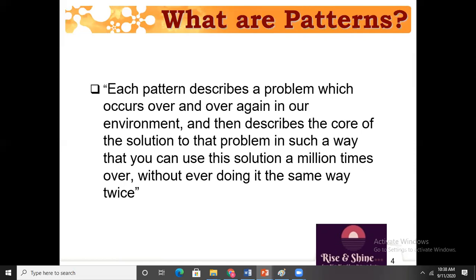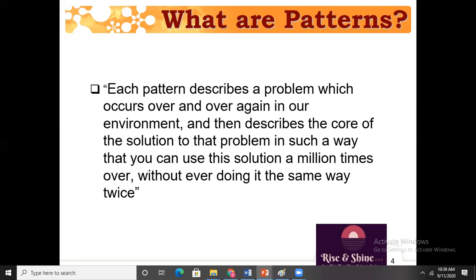So design pattern or just a pattern is nothing but problem, solution, and context. So many times you also ask the question to your teachers, sir, what is the question paper pattern for this exam? So pattern means the things which are occurring again and again. And the teacher will give you the solution. Students, question number 1 and 6 are compulsory, or there are such questions, that is they describe the pattern. So pattern is nothing but the problem, solution, and context.